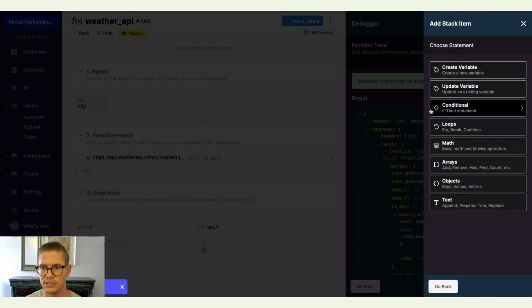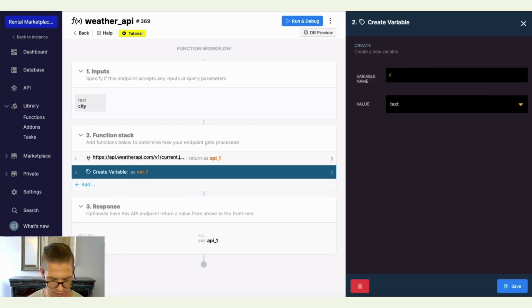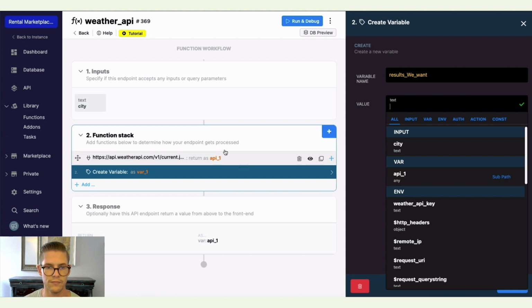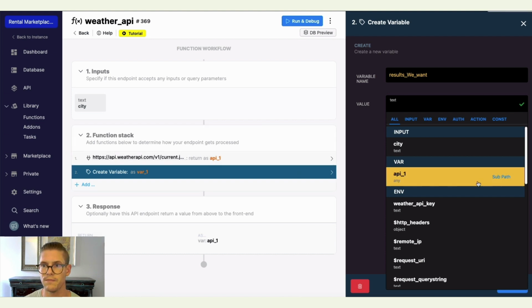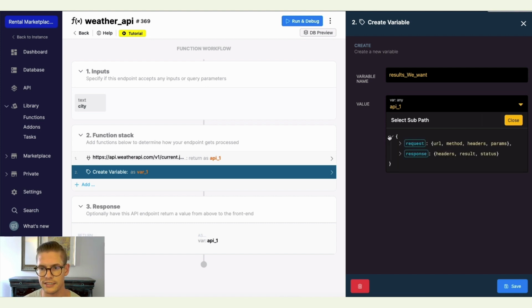And I'll go to data manipulation. I'm going to create a variable, and I'll just call this something like results we want. And on the value here, when I drop down, I'm going to select this API1 call variable, which is coming from this actual API call. And I can hit this subpath button right here. And since I've copied that JSON result, I can paste that in to define the subpath and then hit define. And this allows me to visually traverse through our data